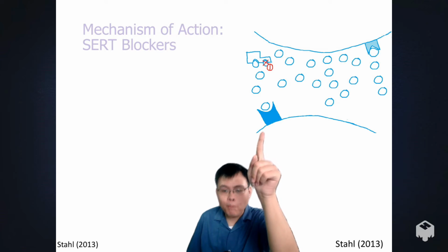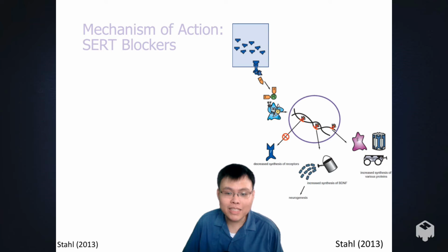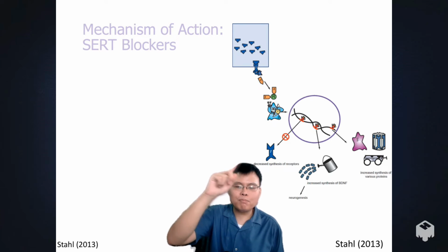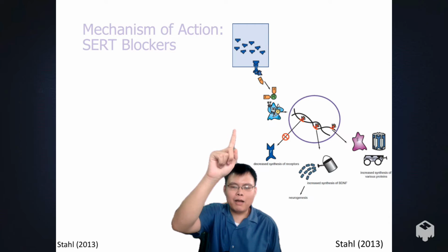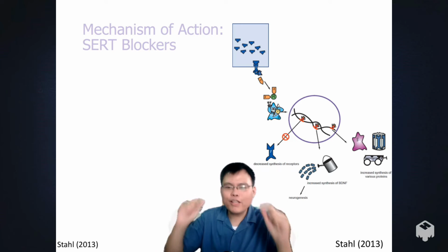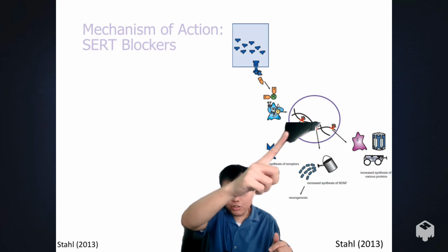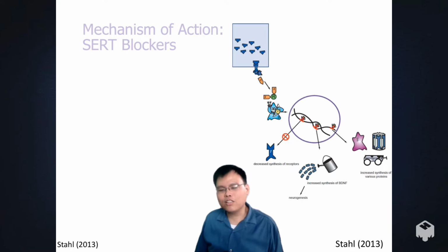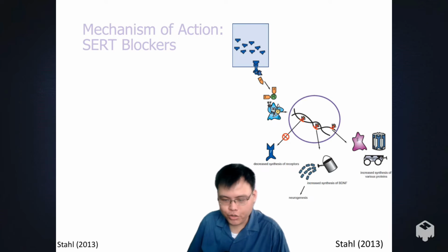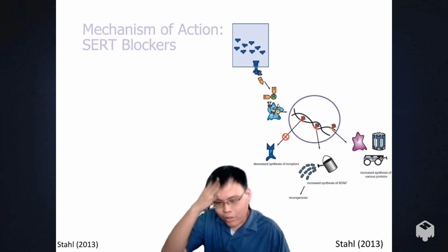But what happens when the postsynaptic serotonin receptors downregulate? Well, there's a lot more that happens actually. You notice everything we explained is just that top portion there, the one that is highlighted. That's all we just discussed. It's just that. What happens when the receptors downregulate? There is a cascade of reactions. A signal transduction occurs, culminating in a delayed release of what we call brain-derived neurotrophic factor. And this brain-derived neurotrophic factor is very good at forming brain connections, basically, which I'll explain more in depth in a bit. But in short,